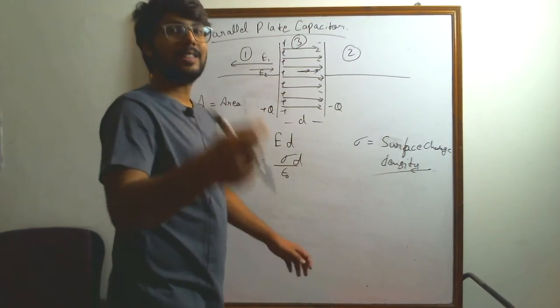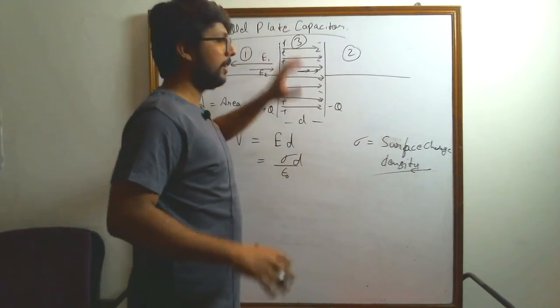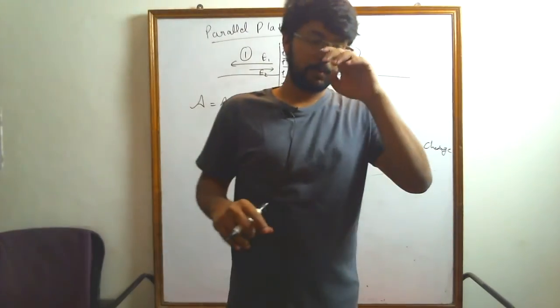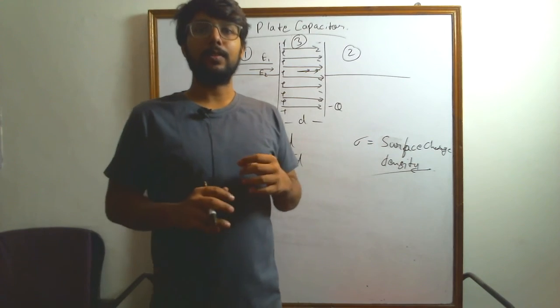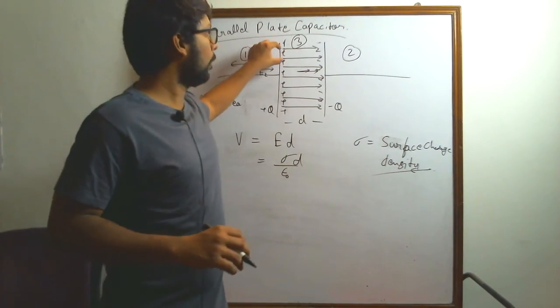Now what is surface charge density? Simply put, if my charge is spread across the entire surface, then I want to know that for a particular area